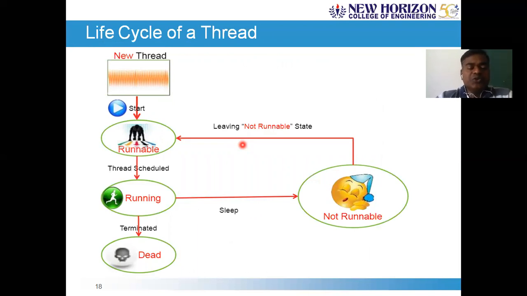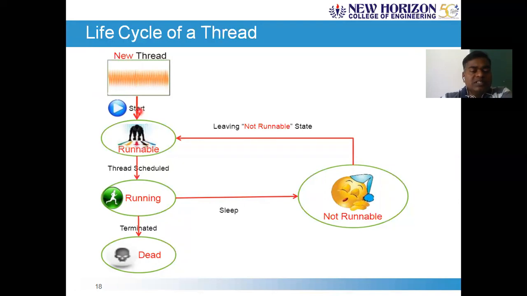A very important question from an examination point of view. When you create a new thread, the developer should call the start method. Once you call the start method, the thread enters the runnable state. Runnable state means it is ready to begin the task assigned to it, for example printing numbers from 1 to 100. It is ready with all the stuff required for that. So it is a ready state. Like the process scheduler diagram, in a similar way you have a life cycle of a thread. So now it is in a runnable state.